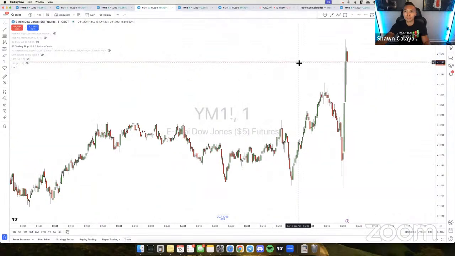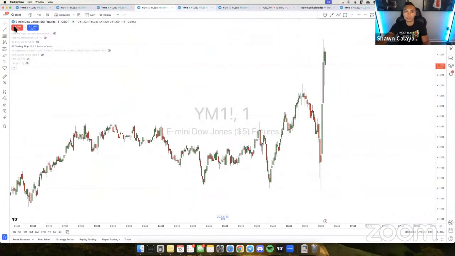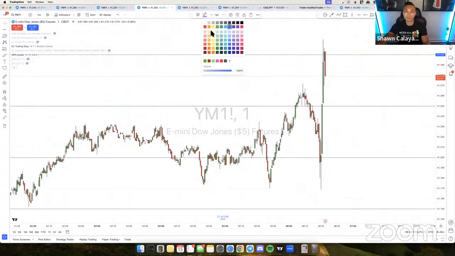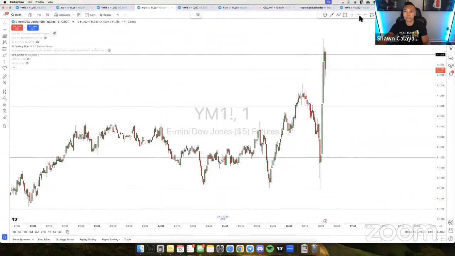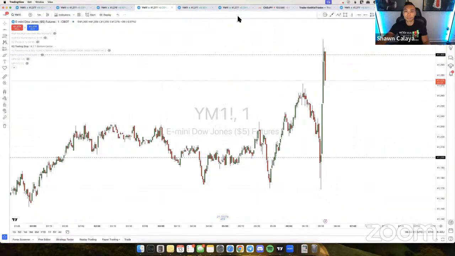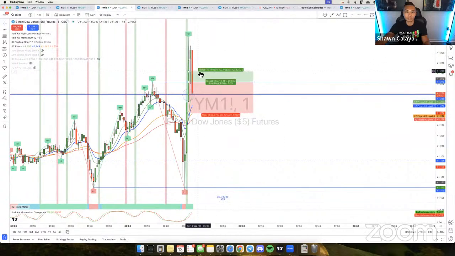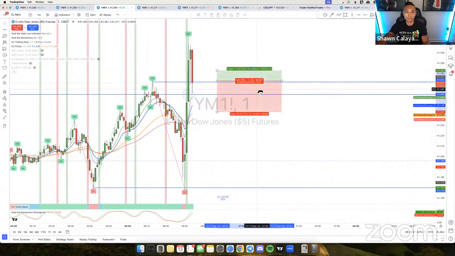All right, I'll come back to the clean chart a little later once we have some structure. We do have some structure, but it's pretty far spread out. I guess I can mark this up for you guys. It's pretty far out structure here. There goes the range right now. Again, like I said, I'm going to wait for the market to stabilize a little bit before I start looking for any of those